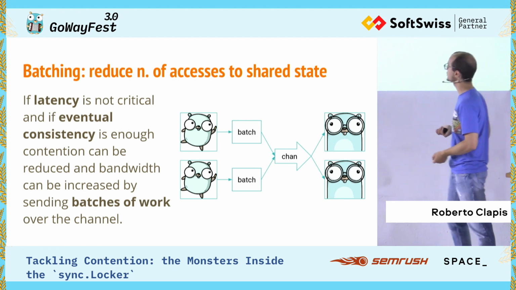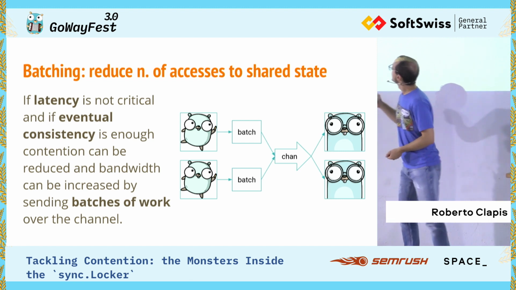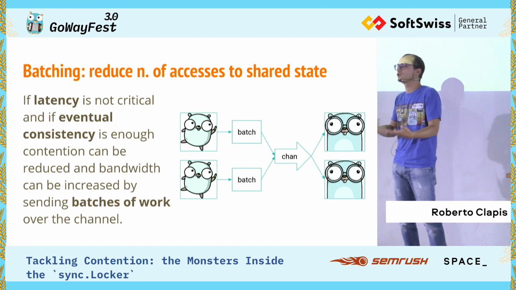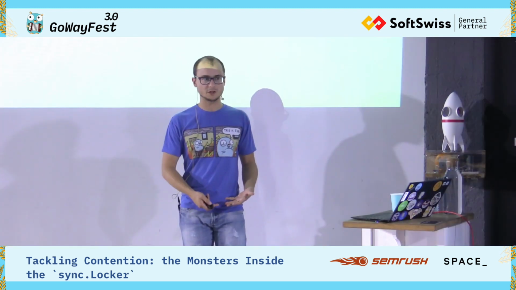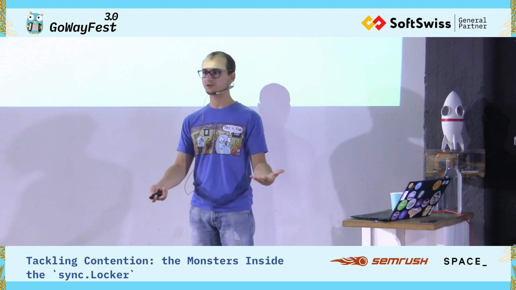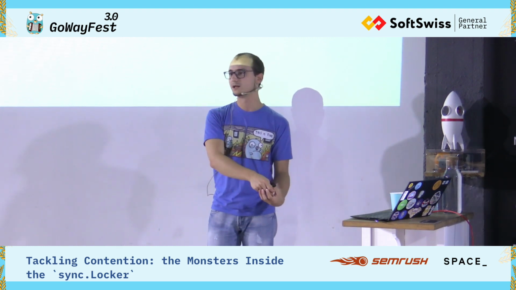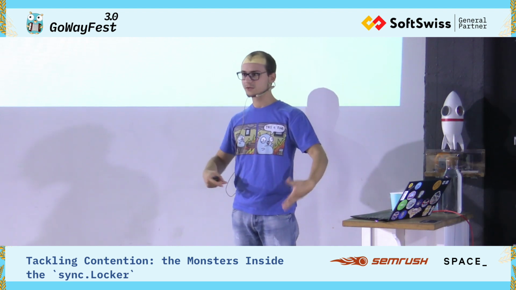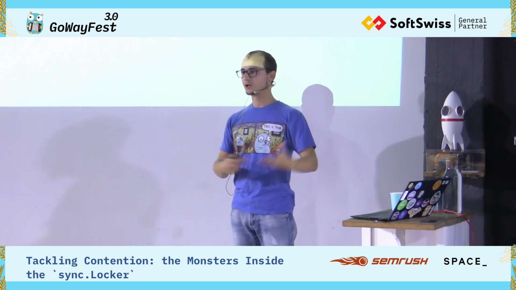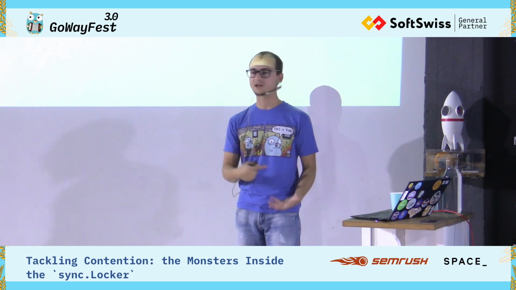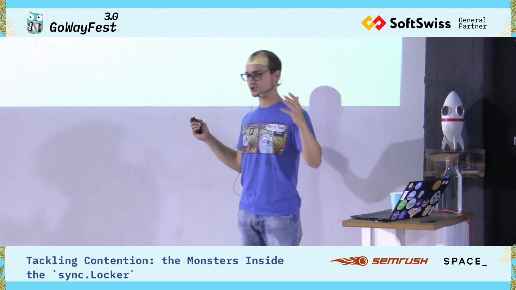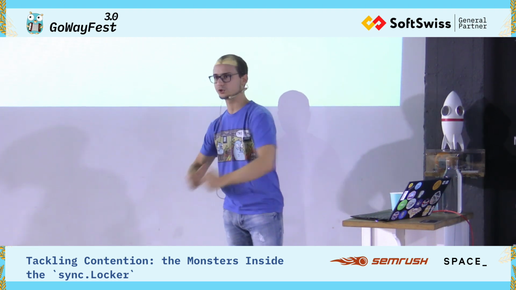The other solution is to batch. So batching comes in place when you don't care about latency, and you don't care about consistency. So sometimes you just need to do a lot of work, and at one point, all the work that you've done needs to end up in the same place. Let's say, for example, you need to concurrently fetch a lot of URLs and count the links in them. You don't need to update the count of the links every time you find a new link. You can just say, OK, every 7 pages, I can just keep a local counter and push it to the central state.